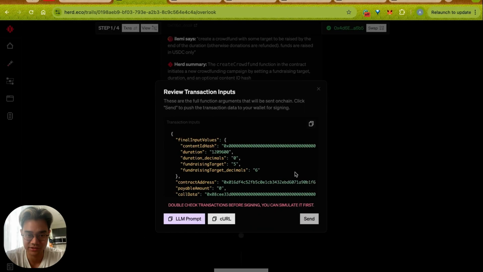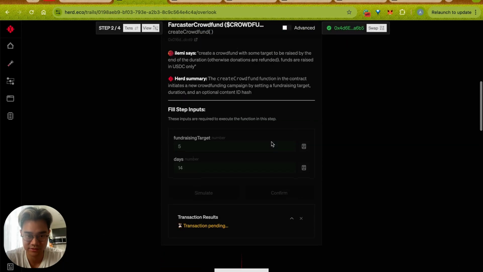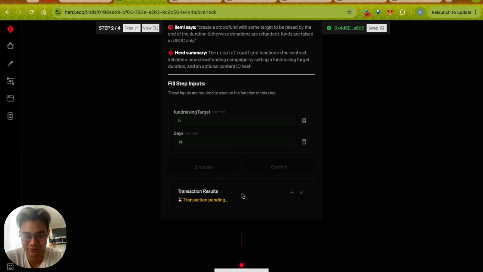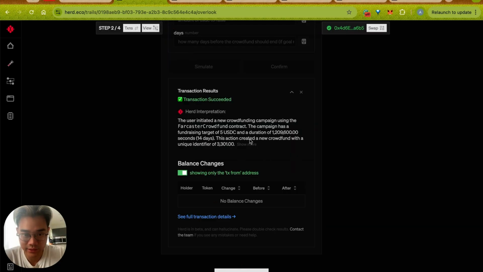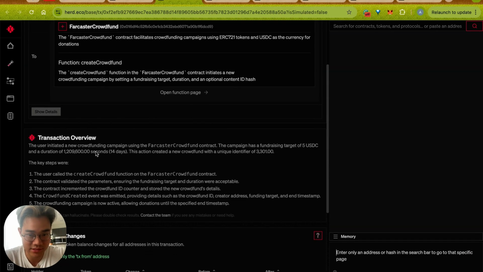We'll wait for it to finish sending. And great, so the transaction results have been sent. This is now going to take a second for our LLM and API to process the transaction hash. All right, I can see that it has sent now, and if I open this transaction hash, it says 14